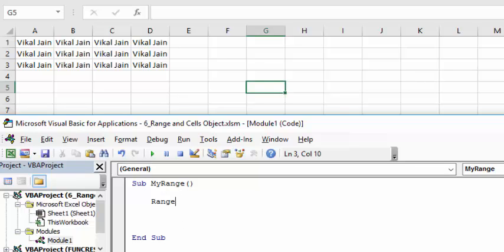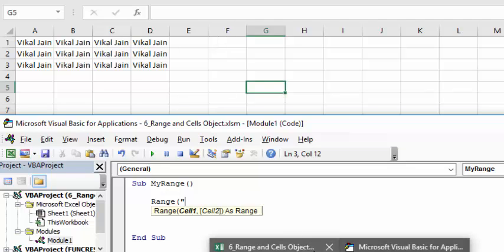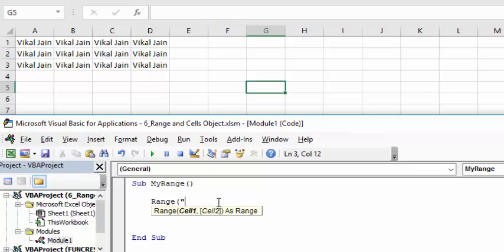So again, Cells 1 and Cells 2. Till now we are using a colon. So this time I'm going to use the Cell1, Cell2 property. So mention the first cell in your range. My first cell is E1 or either F1, F1 or F1. Then double